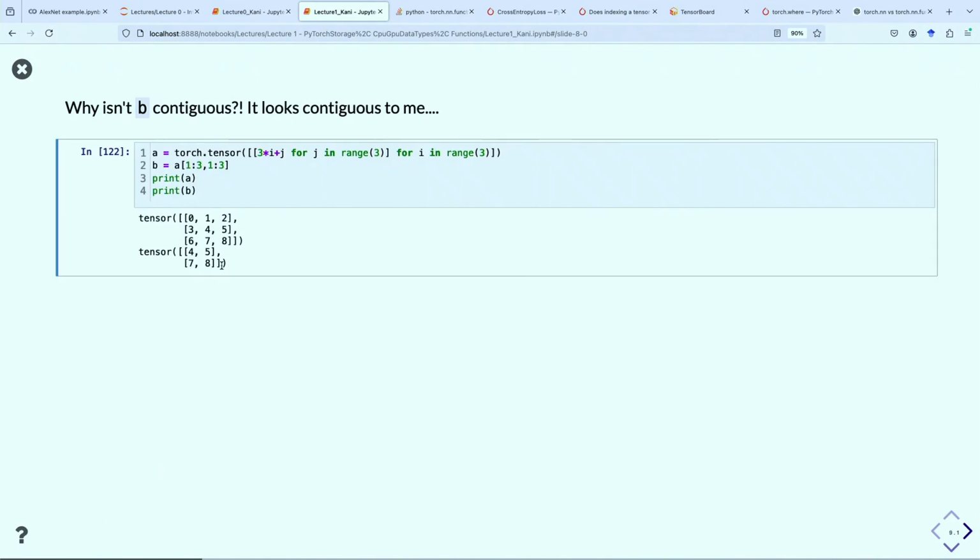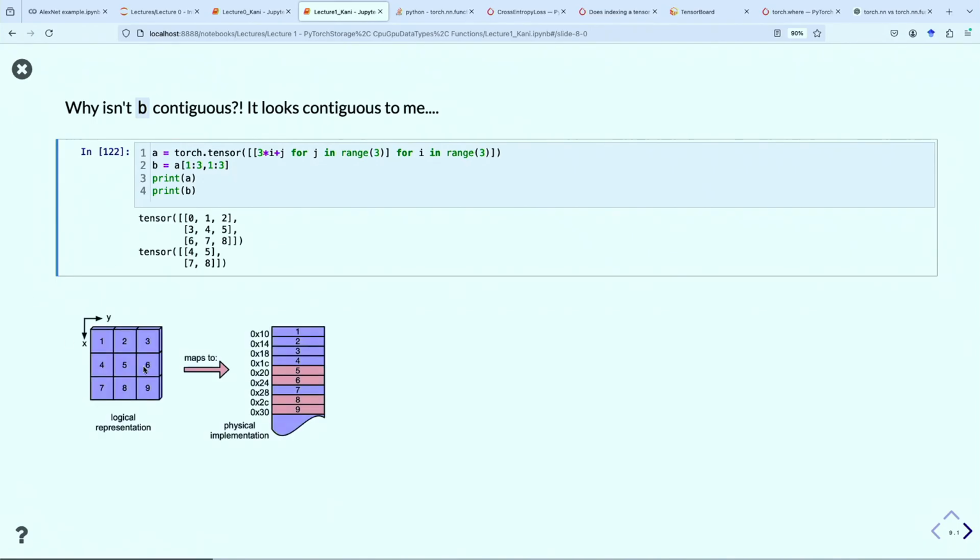So you didn't fall for the trap that I was hoping you would fall for to generate some instructions. To me, this looks very contiguous, right? The first time I tried using PyTorch, I was like, why wouldn't it be contiguous? Because it's just this one block of memory. But again, as you correctly ascertained, this is a two-dimensional structure, and memory is always a one-dimensional structure, right? Memory is just one list. So we have a multi-dimensional structure, and we could represent it as a list of memory, but really what it comes down to is